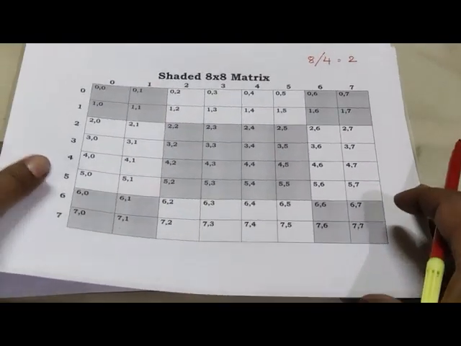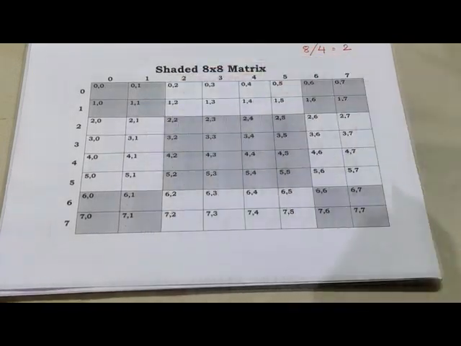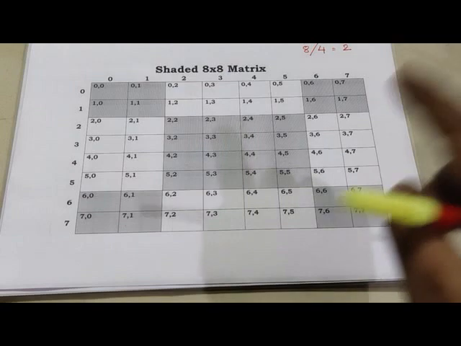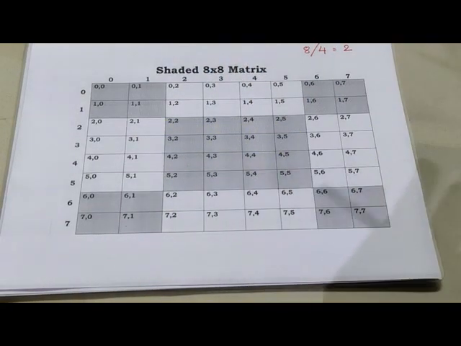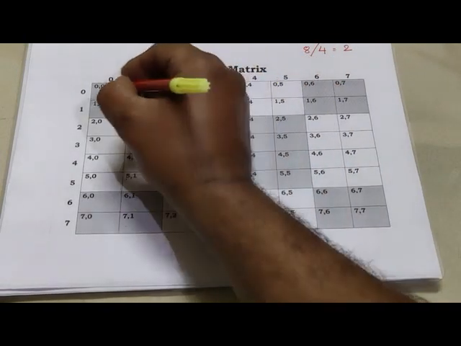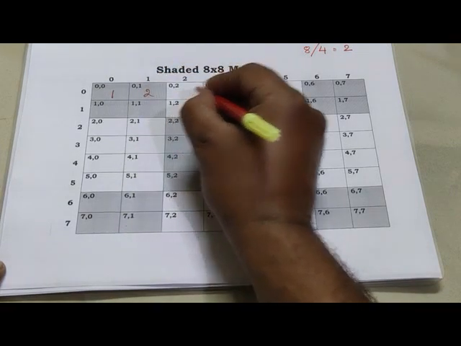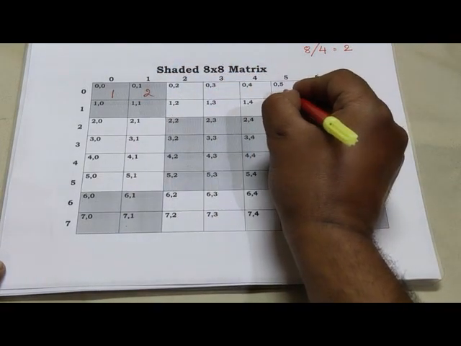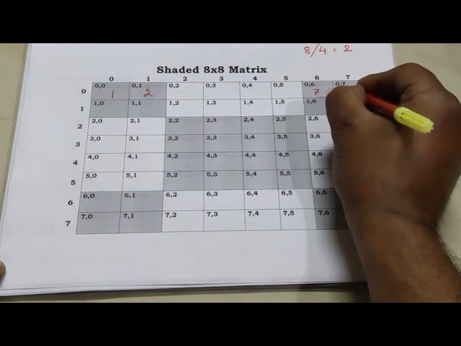Now getting back to the 8 into 8 matrix, we are going to follow the same logic. That is, first of all, we will start writing in the shaded portion numbers sequentially from 1 to 64. Why 64? Because this is the 8 into 8 matrix. The maximum number which we can accommodate out here is 64. So we'll start from here. So we have 1, then 2, 3, 4, 5, 6 should be left. We have 7, 8,